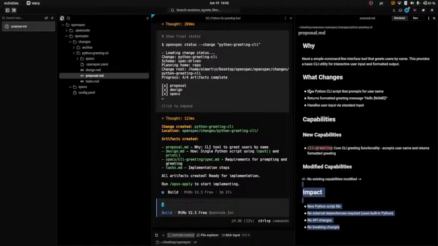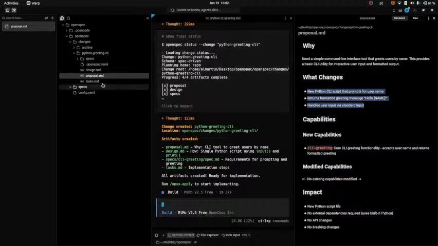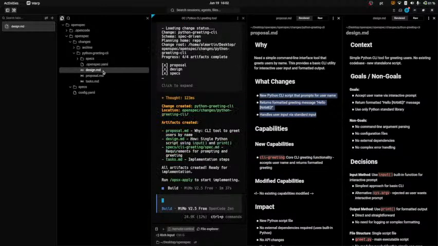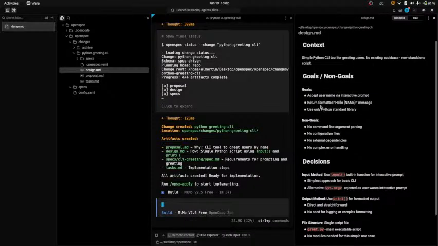So basically it says you have here a new Python CLI script that prompts for the username, returns the formatted greeting message, and handles the user input. Okay, that is the proposal. What is the design? Well, the design is the technical part. So what are the goals here? Accept username via interactive prompt, return the formatted name message,